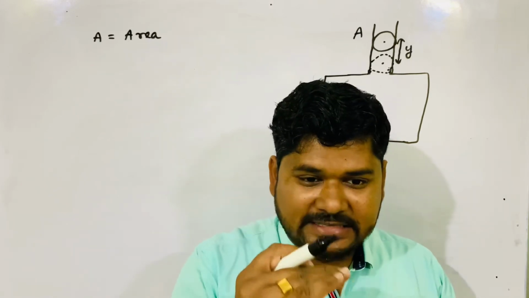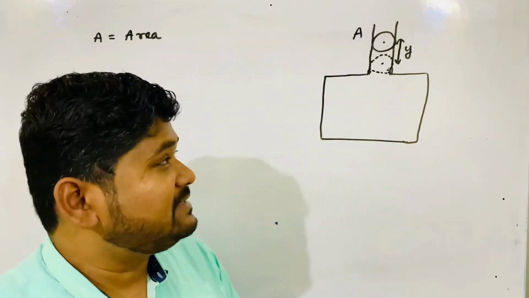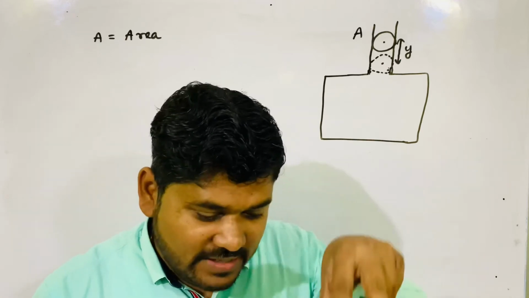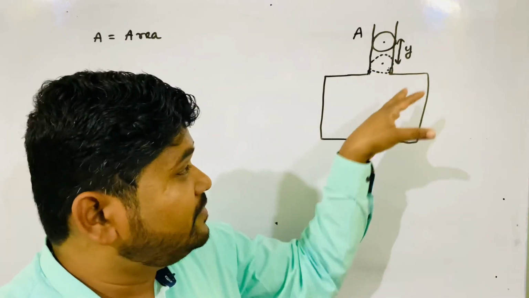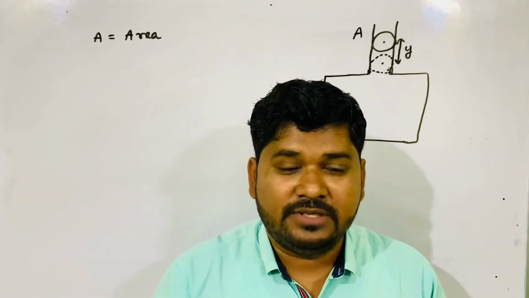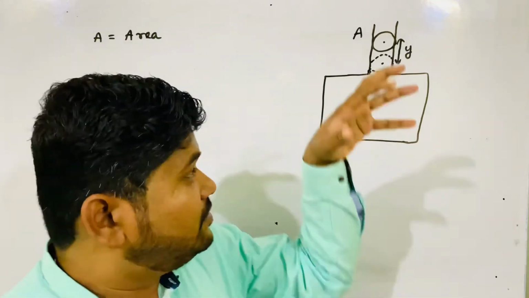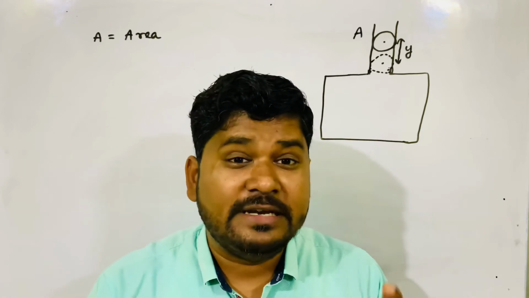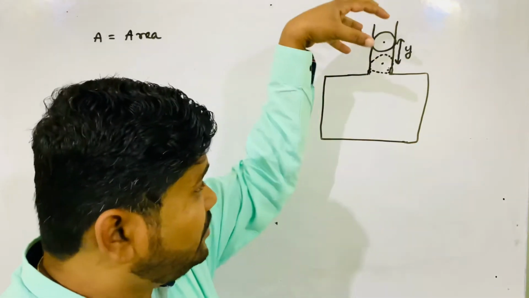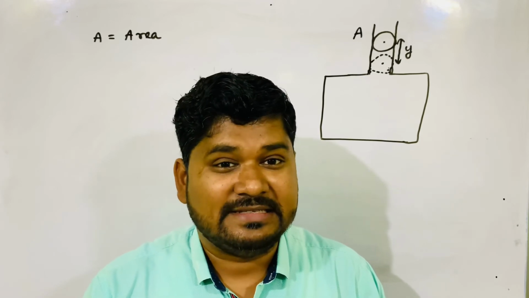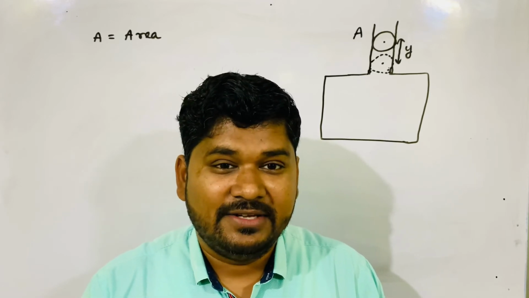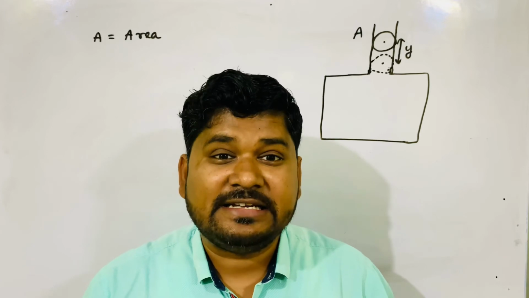And you displace it by a little y, where y is the displacement. When you do this little y displacement, what happens to the total volume of the air? When you press the ball in the downward direction, does the volume increase or decrease? Yes, the volume decreases. If the volume decreases, immediately the pressure inside increases.